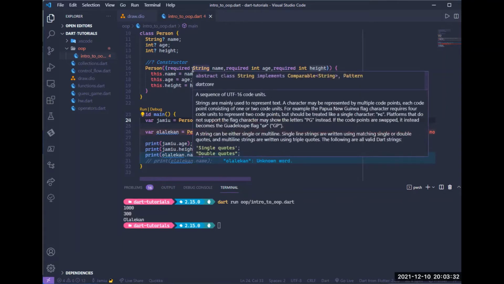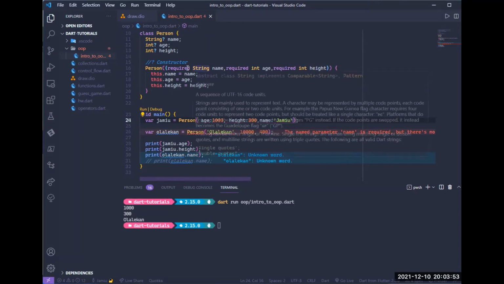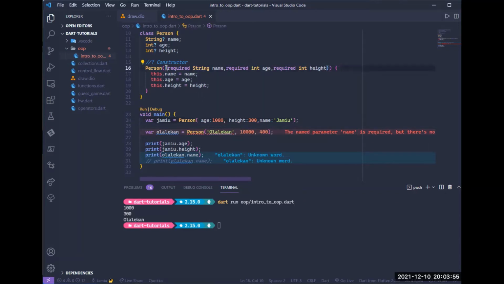But now we don't need that. We can just supply it any way we want because we are using the name. That's why they call it named parameters. We are using the name to supply the value like this. Most times in your Flutter application, you see people using these curly braces in functions, because this constructor too is a function. You see these curly braces to collect arguments in functions,